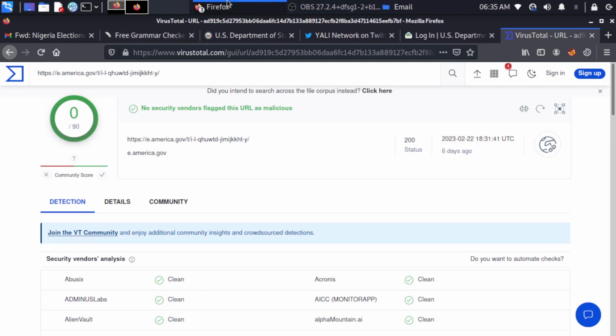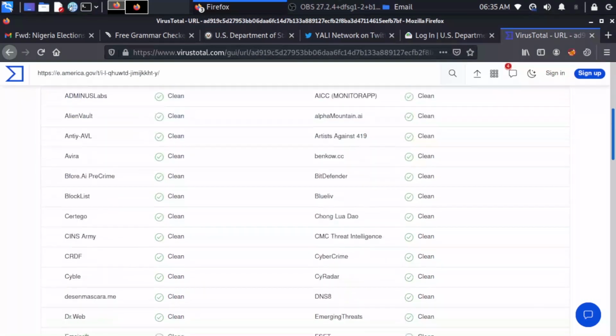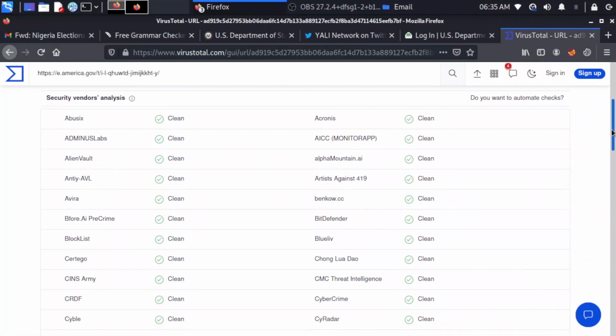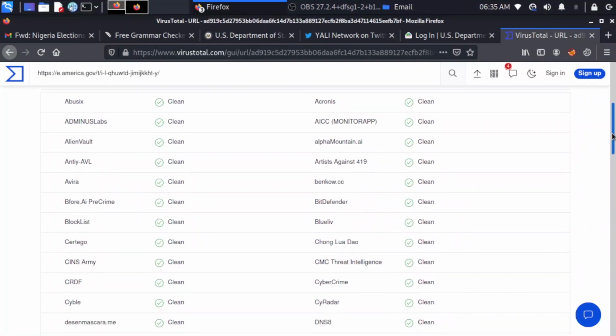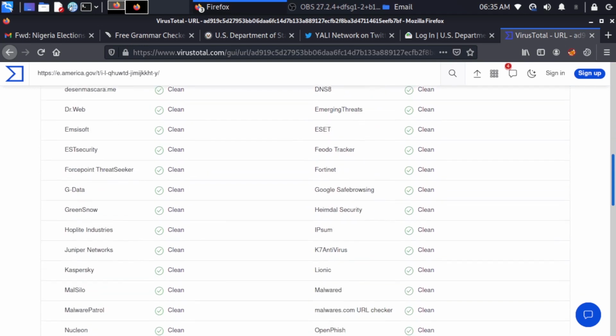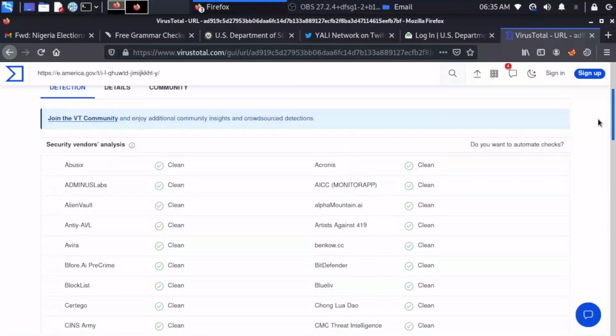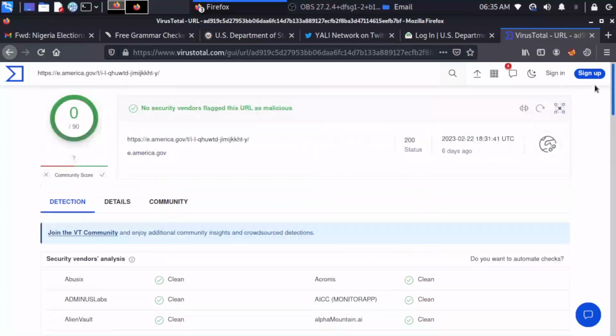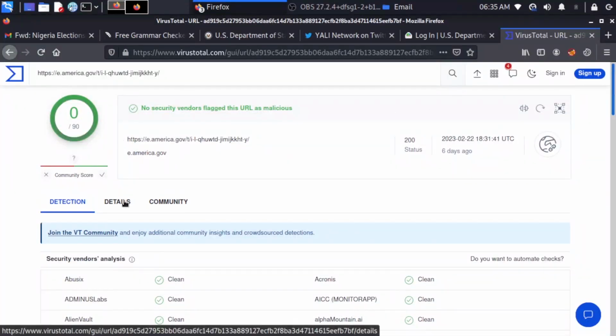Okay, so we can see the result of our VirusTotal from different vendors. We can see AlienVault, Antiy-AVL, Avira, and the likes are all coming up with clean status. So what we can do is go to the details section,